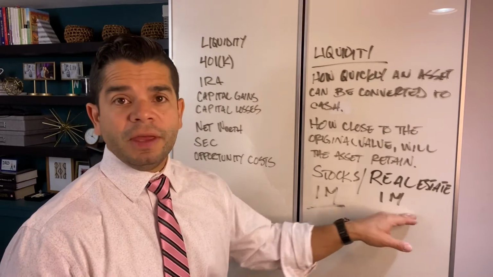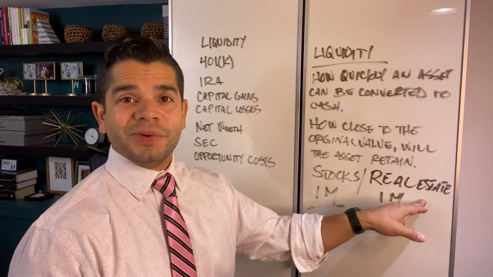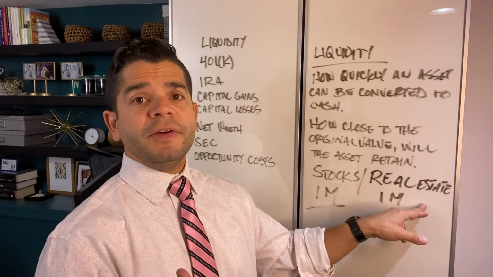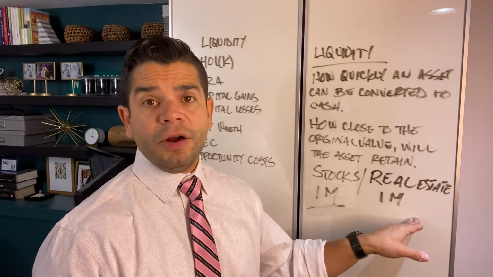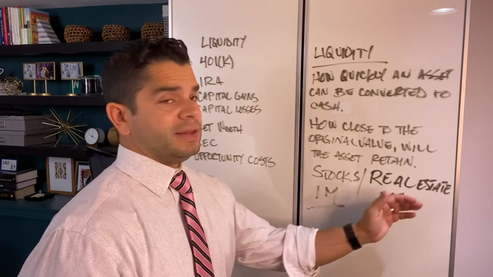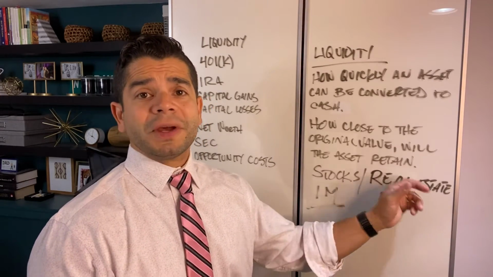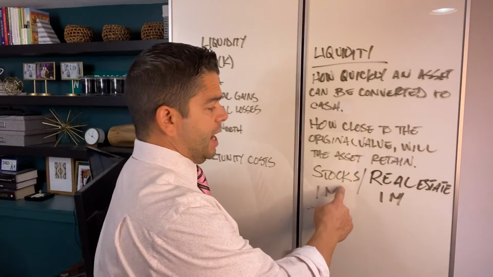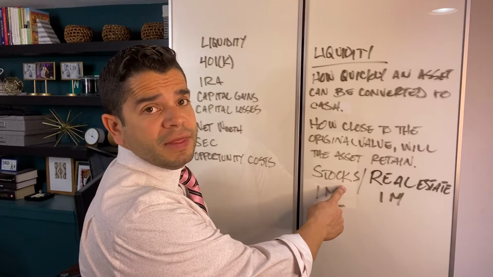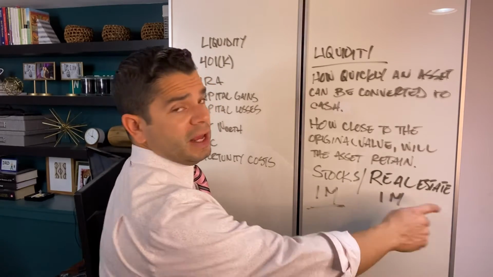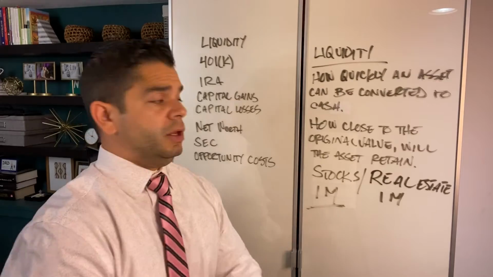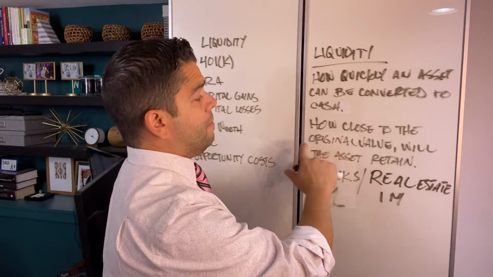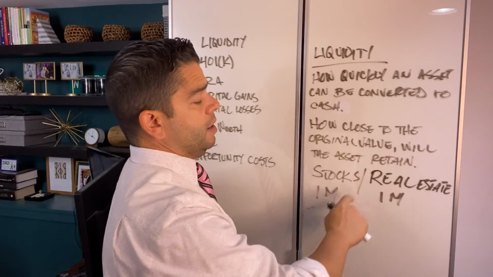So it may have been $1 million worth, but when the deal was said and done, they may have negotiated down to $950,000 versus $1 million, or $900,000. And then on top of that, you're going to have the broker's commissions, 4% when you sell real estate, which you're not going to have a broker's commission on stocks that you're holding. So that 4% on $1 million is a pretty big chunk. So again, it pulls down the amount of what the original value will be.